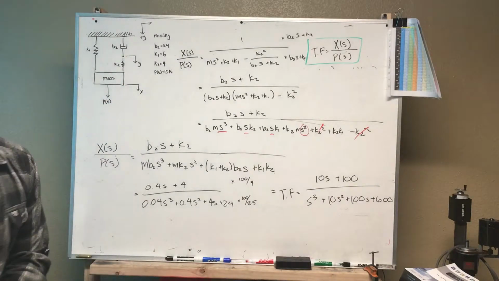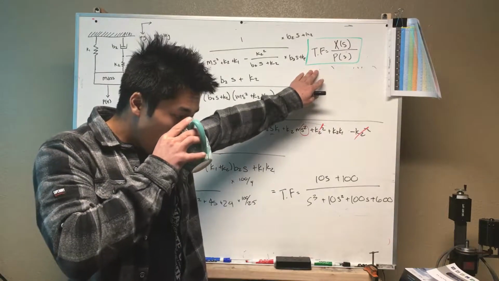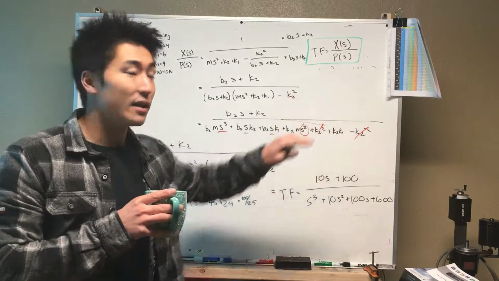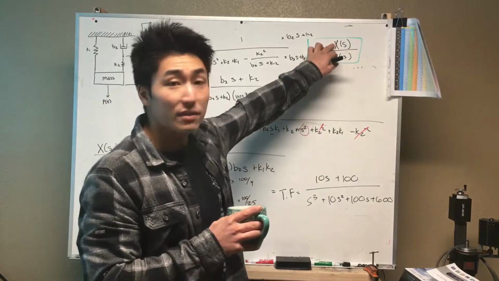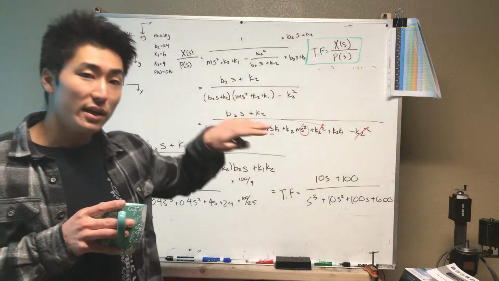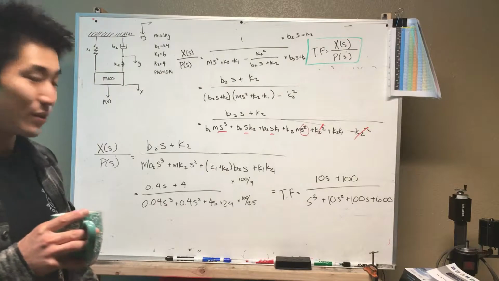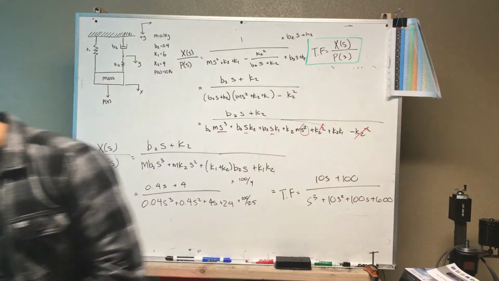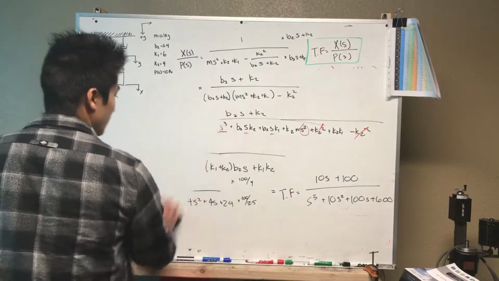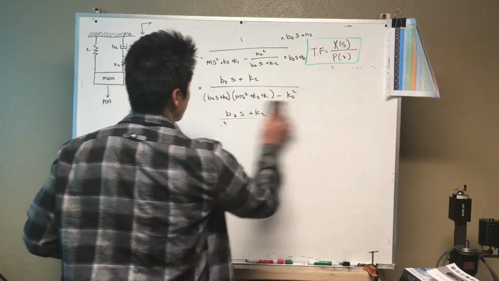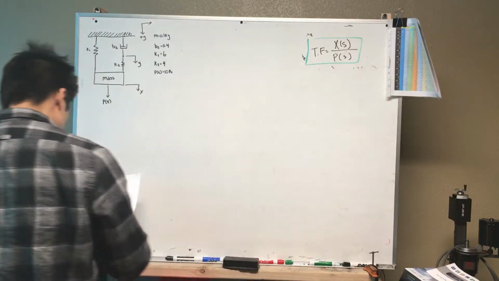So what can we do after we get our transfer function? We know that transfer function is X of s over P of s, and so if we multiply it by P of s in the s domain, we could get X of s, and then once we have X of s, we could do inverse Laplace to get our x back in the time domain, right? So that's what we're going to attempt to do. So once you got the transfer function, delete this here, and let me